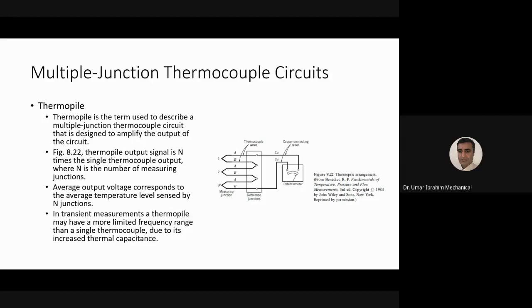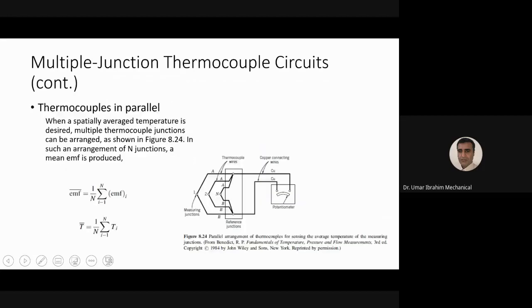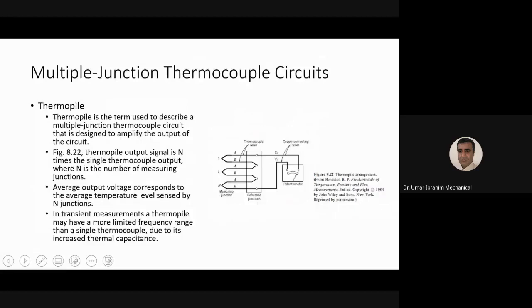राइट, ठीक है। नाउ व्हाट इज अ थर्मोपाइल? थोड़ा सा ये 2-3 शॉर्ट स्लाइड्स हैं और जल्दी से मैं आपके सामने रीड करूंगा और देन आई विल क्विकली गो ओवर देम। Thermopile. A thermopile is a term used to describe a multiple junction thermocouple circuit that is designed to amplify the output of the circuit. तो देखें,